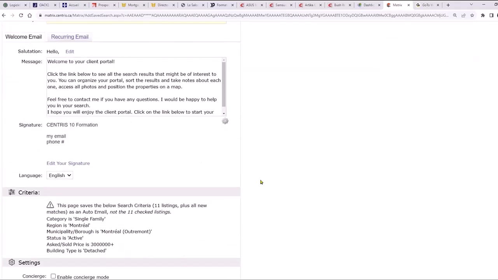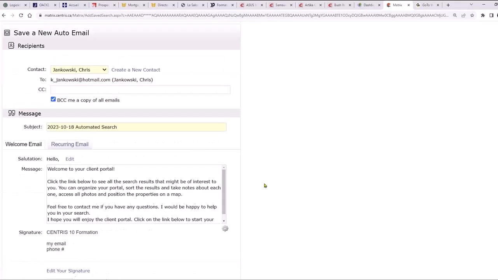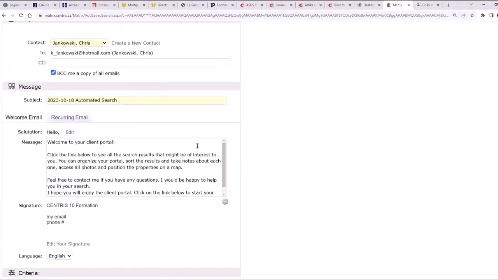I'm going to leave it as it is because to me the signature doesn't really matter, but it's the search criteria and everything else that matters. And as you can see, this is going to be fired off to my Hotmail. Give me a second. Let me open up my Outlook just so I'll be ready to receive the messages.